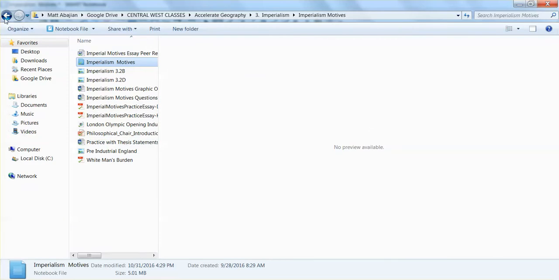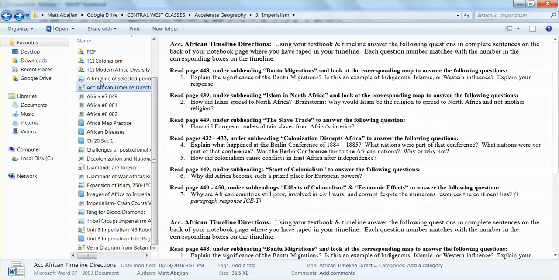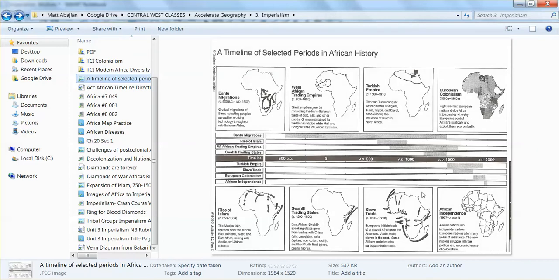Now, what do I mean by that? Well, let me get this out for you real quick. I have got my timeline here. You'll notice African independence here is from 1957 to present, but European colonialism is from 1880 to 1960s. So you're going to be focusing primarily here, but nothing before it, and really not too much after.